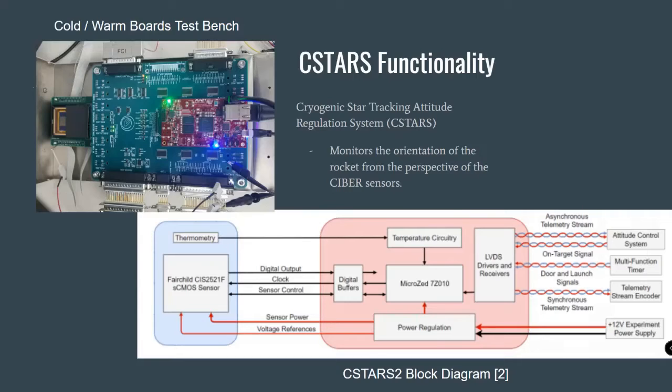In order to share the optical view with CIBER, we cannot include the power distribution or processing on the same PCB as our image sensor. Furthermore, similar to the CIBER image sensors, the CSTARS image sensor will also be exposed to cryogenic temperatures, and most electronics are not rated for such extreme temperatures. For these reasons, we have two PCBs, the focal plane board, or the cold board, and the interface board, or